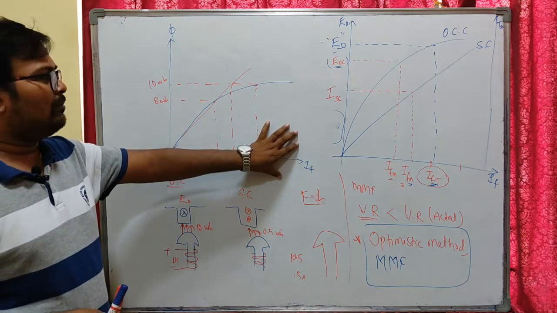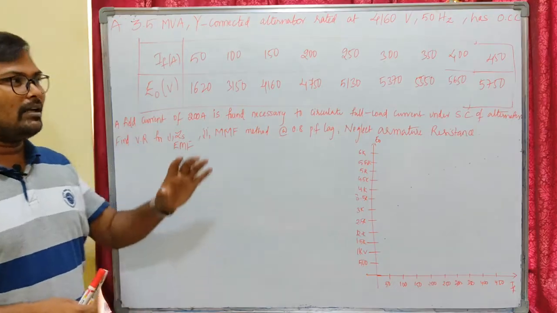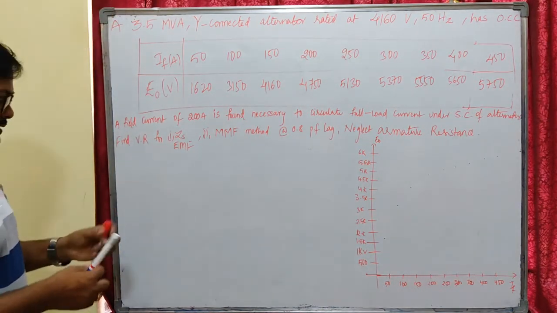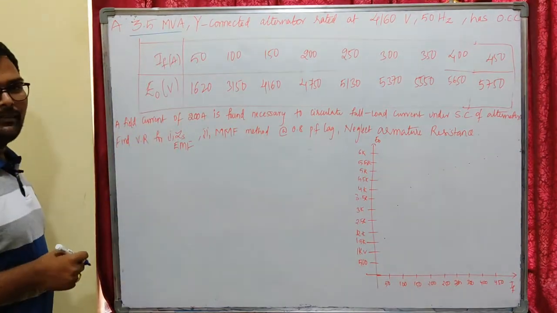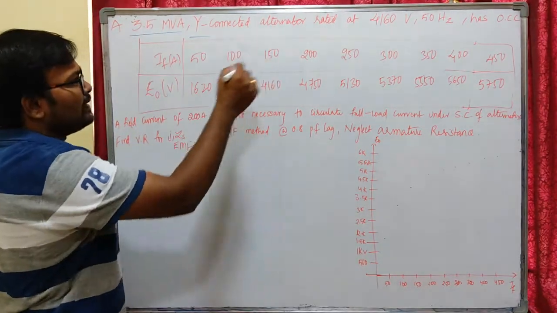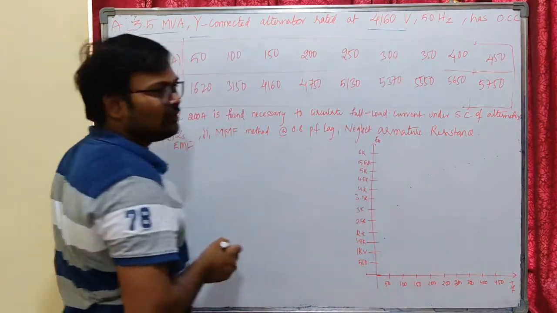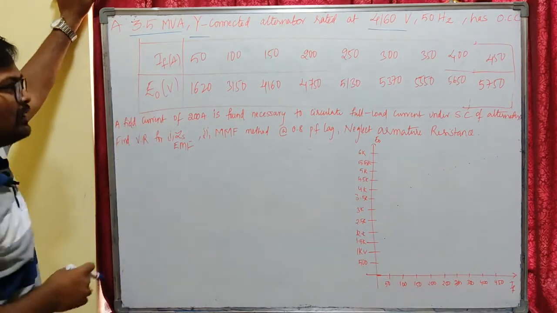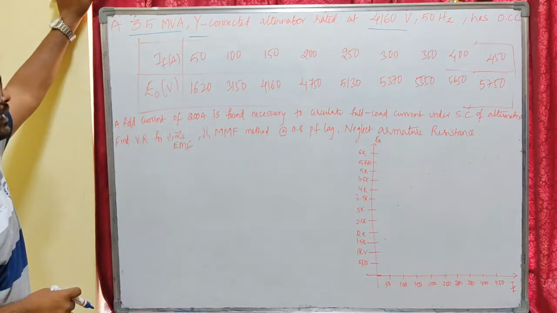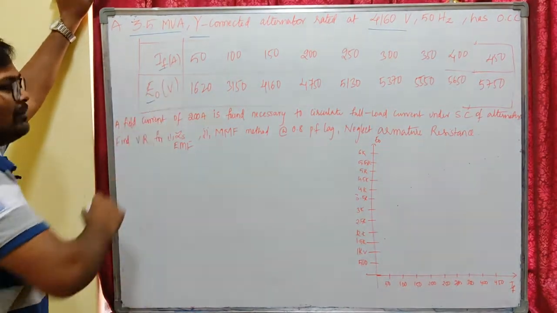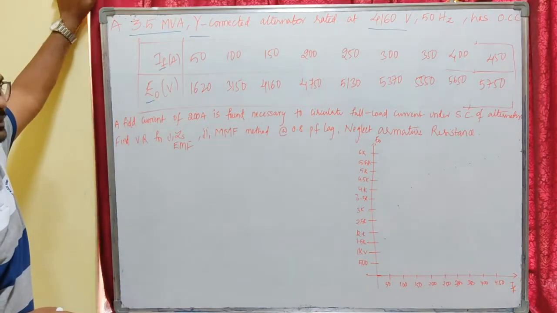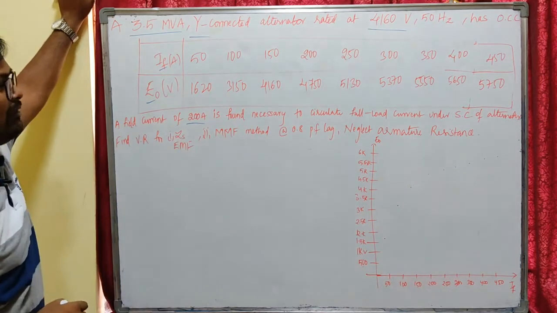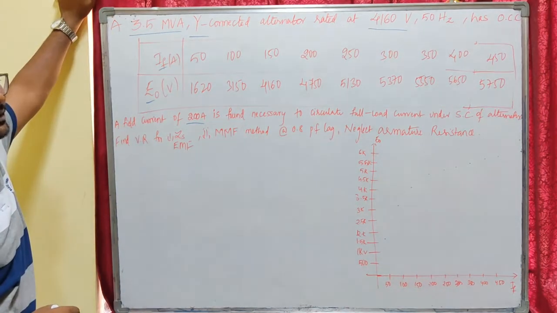Okay, let us take a problem so that you can understand better. So let us have a problem. Here we have a 3.5 MVA rated alternator, 3.5 mega volt amperes, star connected alternator rated at 4160. This is terminal voltage. Okay, 50 Hz, has open circuit characteristics as this table indicates the open circuit data. Okay, so we have to draw a graph between field current and generator EMF, so that will become the open circuit characteristics. Okay, so here the question is, a field current of 200 amperes is found necessary to circulate full load current under short circuit of the alternator.